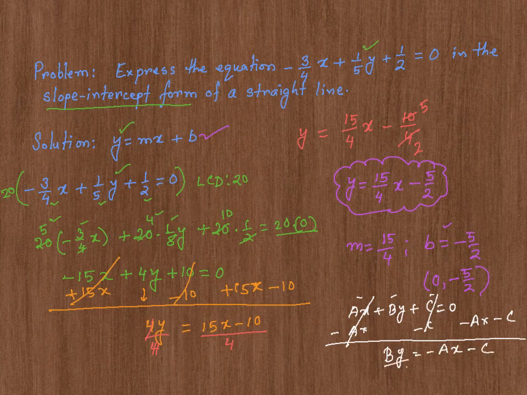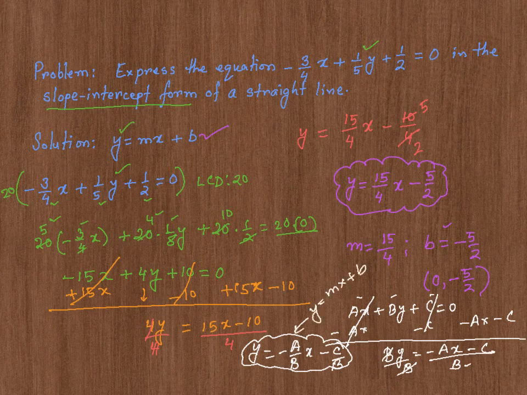Now if you divide both sides by b, on the left hand side b and b cancel out. That gives you y is equal to, on the right hand side I'm going to distribute this b to both of them. That's going to give me negative a over b x minus c over b. And by the way, that's y is equal to mx plus b, the slope-intercept form. And this is the general way of simplifying a given equation and expressing it in the form y is equal to